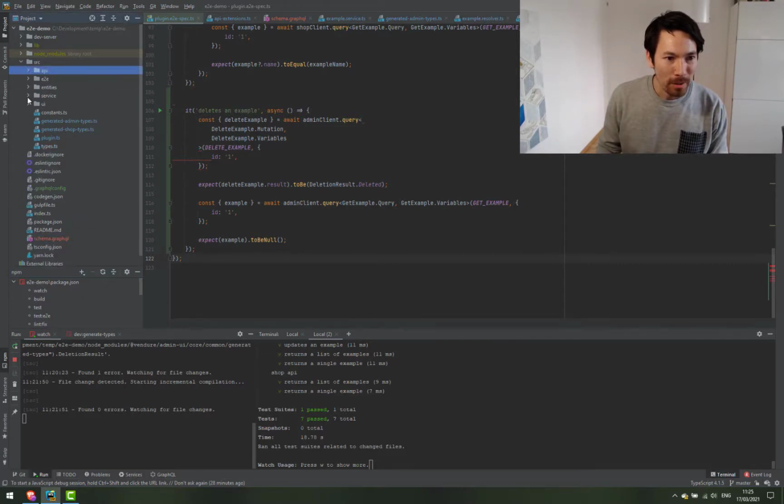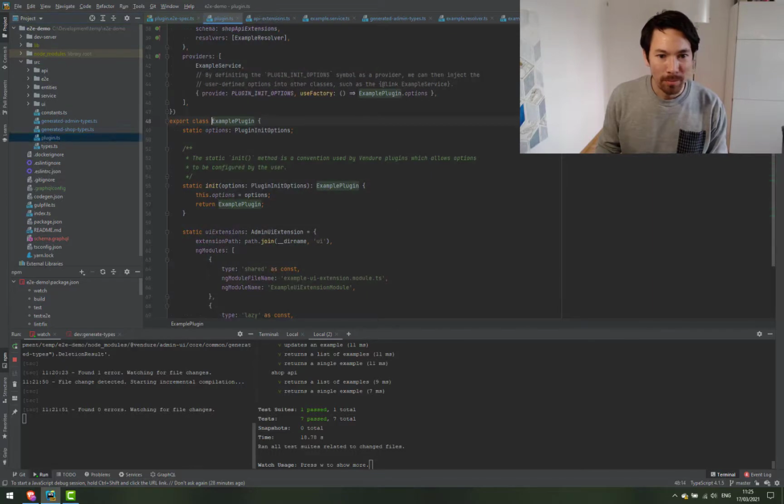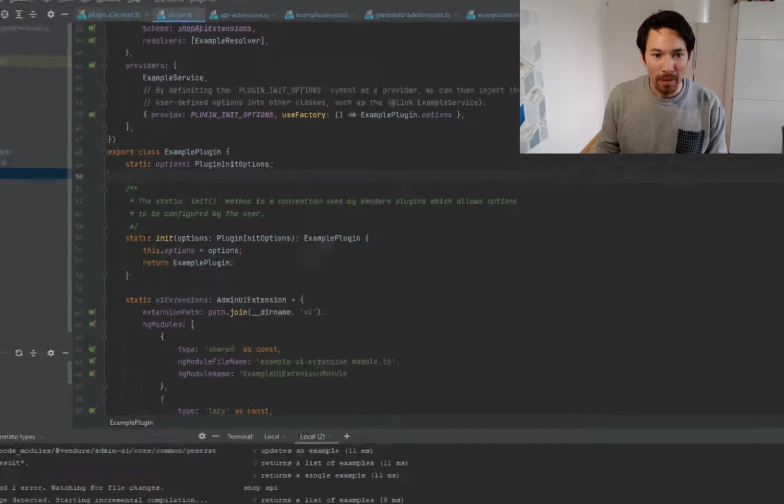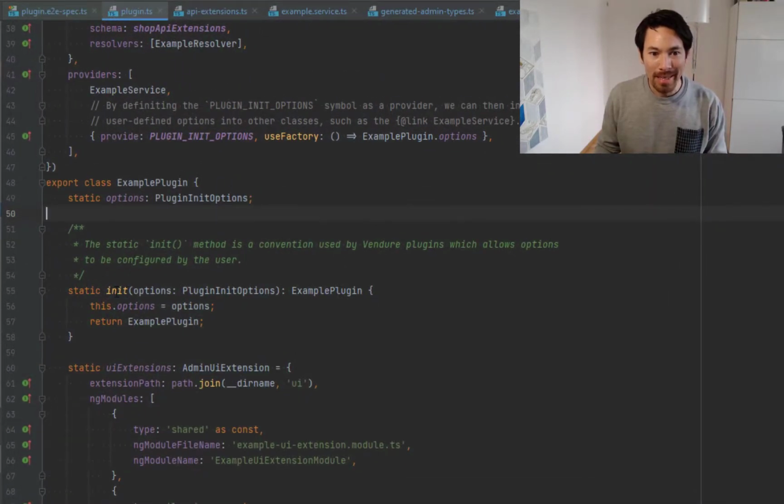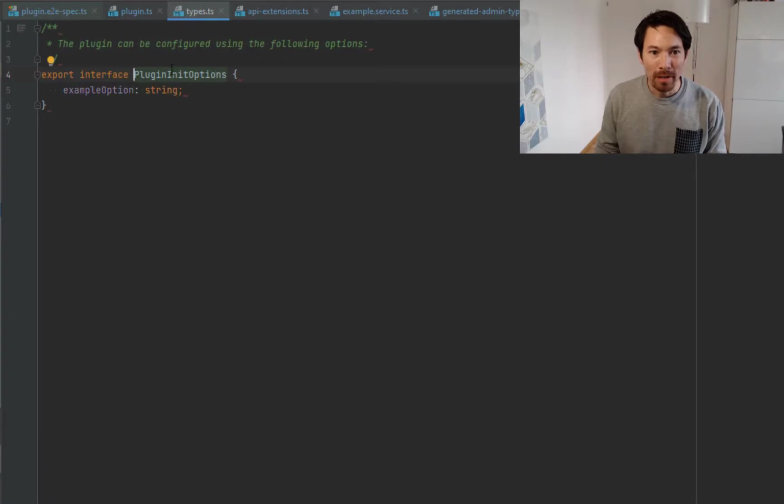So if we go to the plugin, we see that we have a static init function. This is just an idiom. It's just a common pattern used by Vendure plugins to be able to configure the plugin. So we pass it an options object. If we jump over here, we've got just example option. I think it's not used. We don't care about that. So let's replace it, and we'll make it so we can supply an